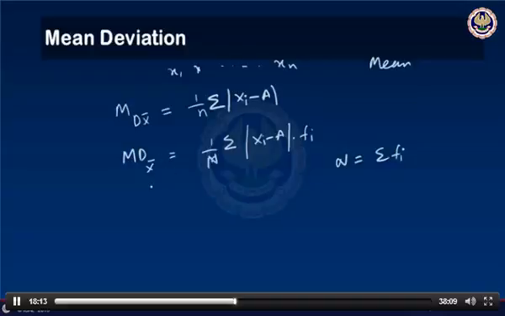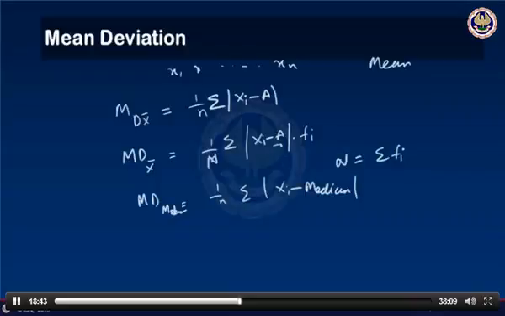With the help of the median also, we can find the mean deviation, and mean deviation from the median is 1/n times the summation of the absolute value of xi minus median. This is for ungrouped data, whereas for frequency data